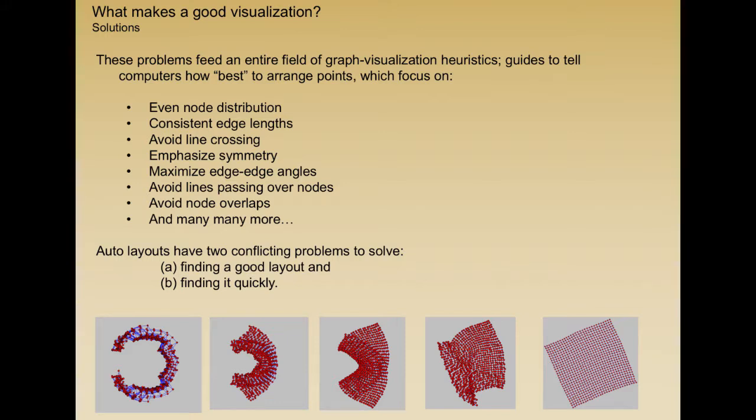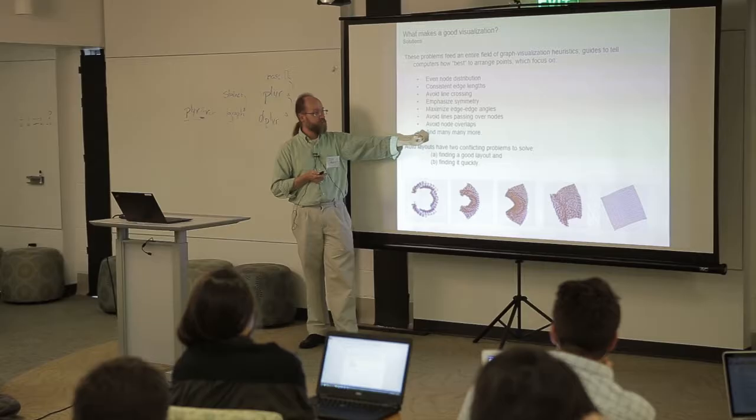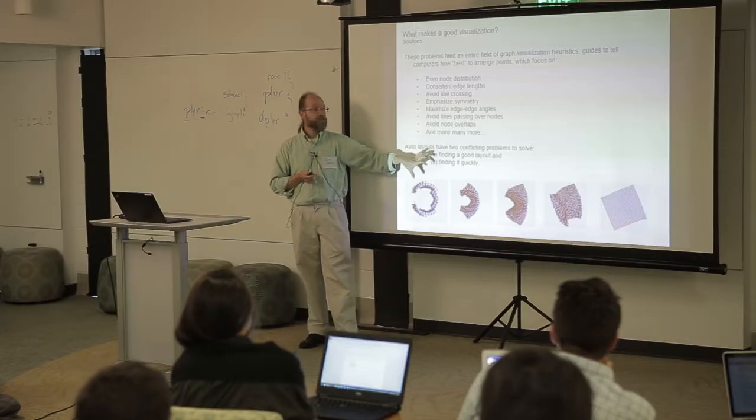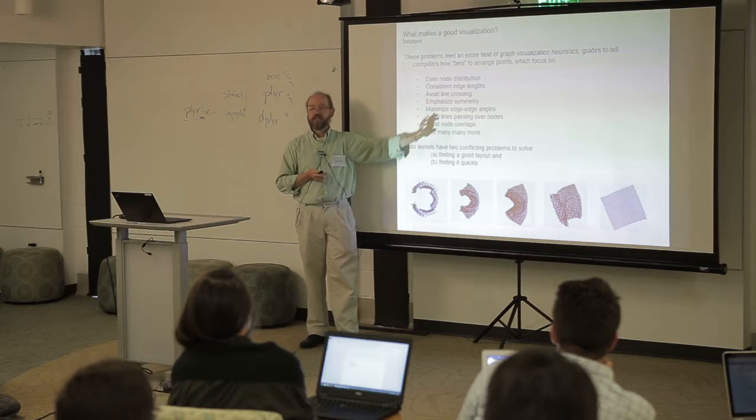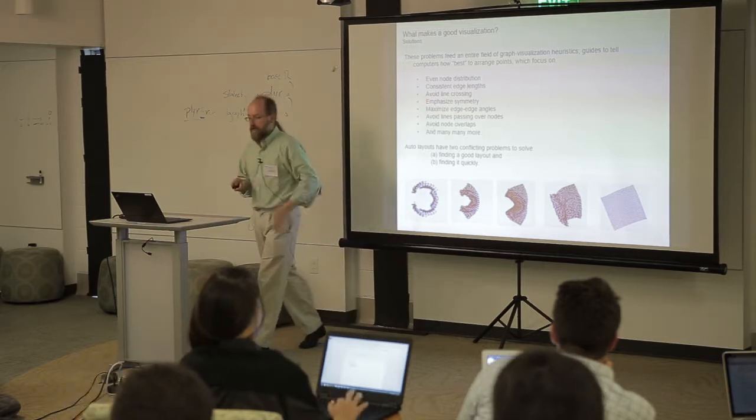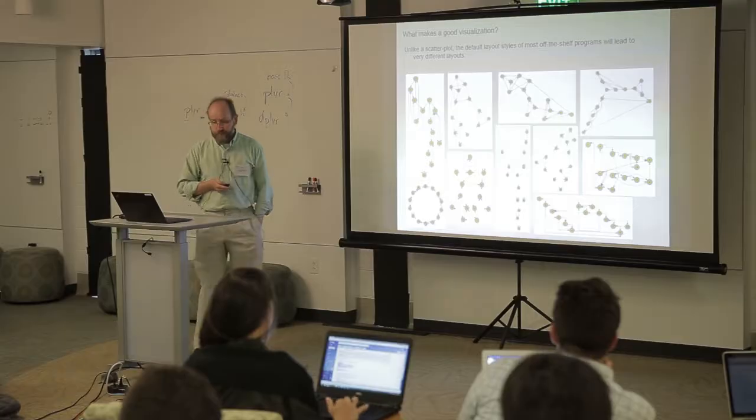So we might want to have an even node distribution across the space. We might want to have consistent edge links. We might want to minimize or maximize edge crossings or some such. And these things allow us to get a layout display which answers one of these problems or another. And the short answer for this talk today is that these tend to be trade-offs. If you can do one of these things, it often comes at the cost of something else. And so you want to find a way to minimize that.